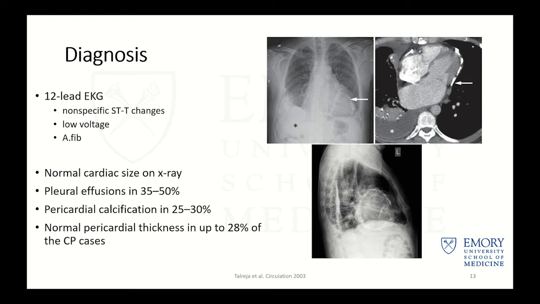So an interesting thing to note is that only 25 to 30% of patients with constriction will have calcifications in the pericardium. So the absence of calcification does not tell you that the patient doesn't have constriction, but the presence of calcifications may make your clinical suspicion a little higher. And also they found that in about 28% of cases, the pericardial thickness can be normal,